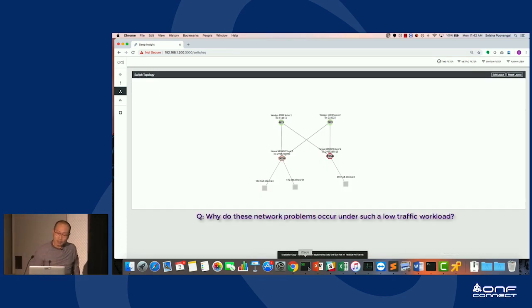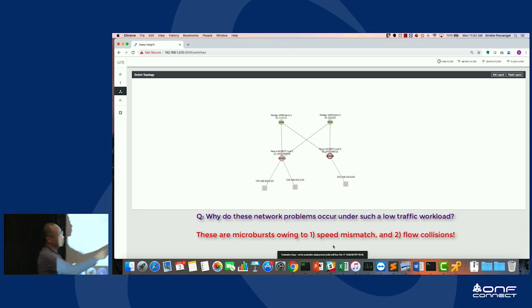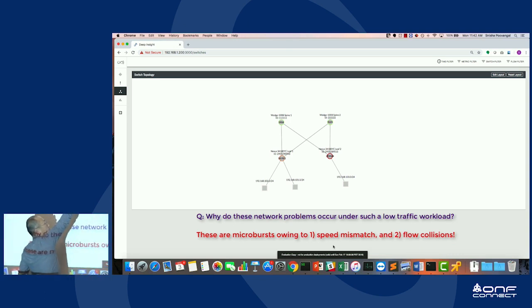So why does this network problem occur under such a low network traffic workload? It's carrying only about 15G, 16G, and the reason is that we're looking at microbursts here, right? So as you can see, these are 25G NICs and then 10G NICs. And although you may think that there is only, say, 15G of traffic that you need to carry from here to there,